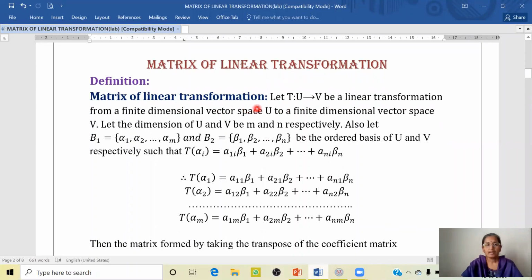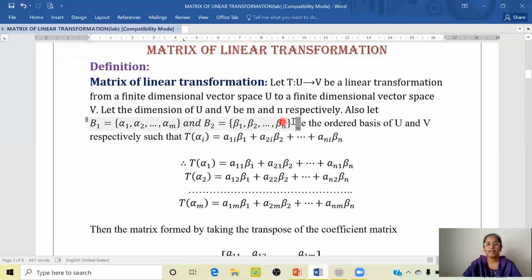To define a matrix of linear transformation, we need a linear transformation T from U to V, from a finite dimensional vector space U to a finite dimensional vector space V. Let the dimensions of U and V be m and n respectively. Also, let B1 = {alpha 1, alpha 2, ..., alpha m} and B2 = {beta 1, beta 2, ..., beta n}